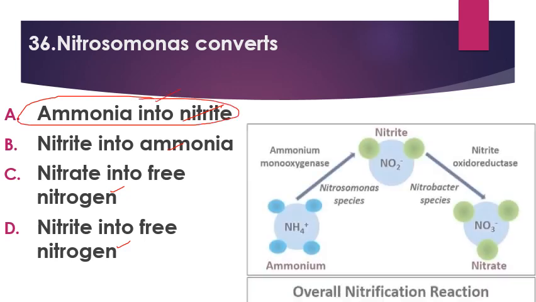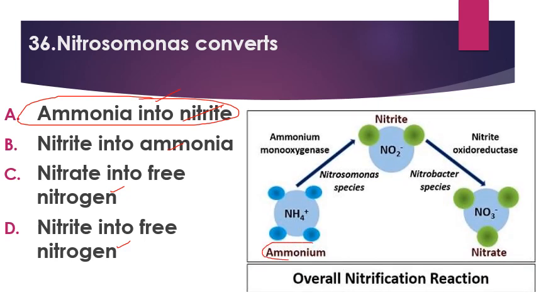जो नाइट्रोमोनास होता है वो कन्वर्ट करता है अमोनिया को into the nitrite. So ये जो नाइट्रोसोमोनास है, this is the bacteria which converts ammonia into nitrite. Then further oxidation of this nitrite gives rise to nitrate, and this is the form which is absorbed by the plants. ये जो form है, this is readily available for the plants और plant इसको absorb करते हैं. That is nitrate. इसी फॉर्म को प्लांट्स एब्जॉर्ब कर पाते हैं, and this conversion of nitrite into nitrate is carried